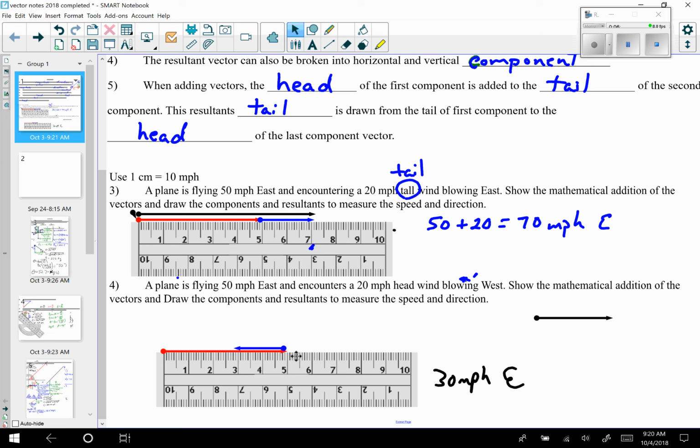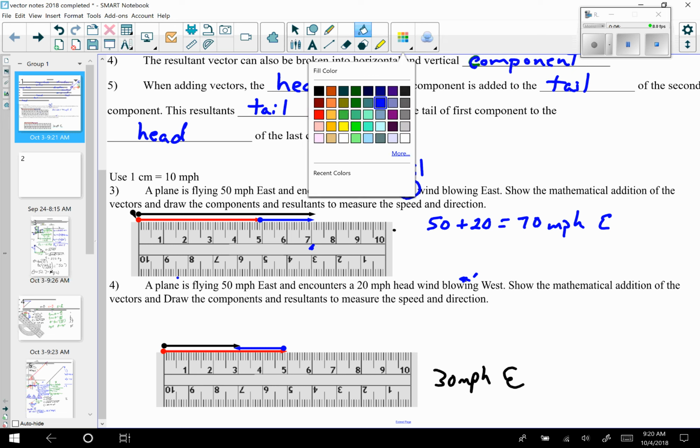And once again, I'm always adding these components head to tail. Well, when you add your resultant, the resultant is drawn from the tail of the first vector, so the tail of that red vector, to the head of the blue vector. So if you notice, I'm going to take this black arrow here. I'm going to start it at the tail of the red vector and draw it to the head of the blue vector. And if you notice, that black vector is 3